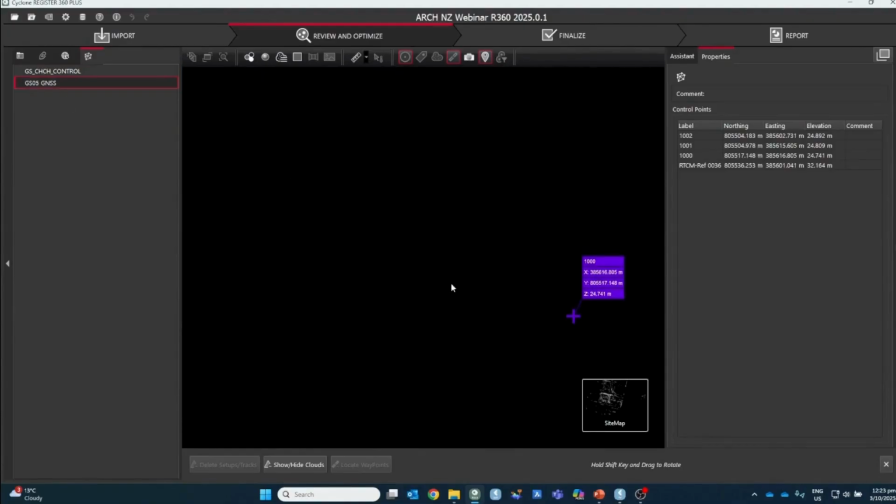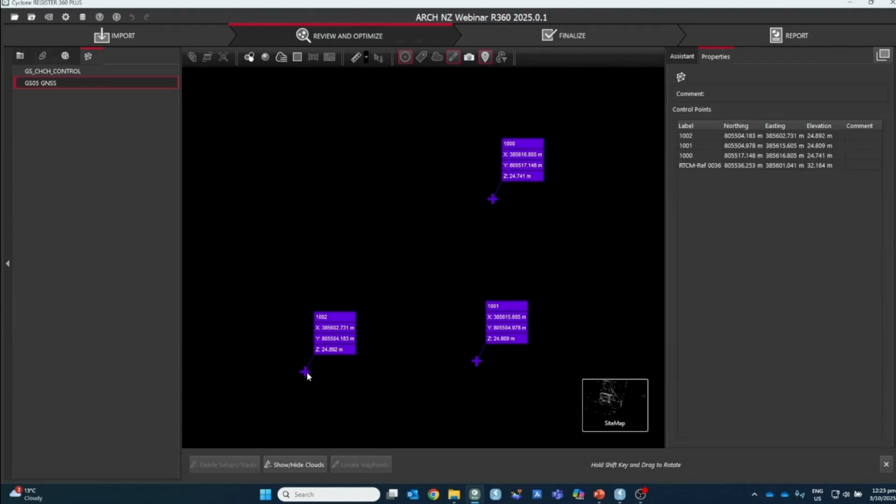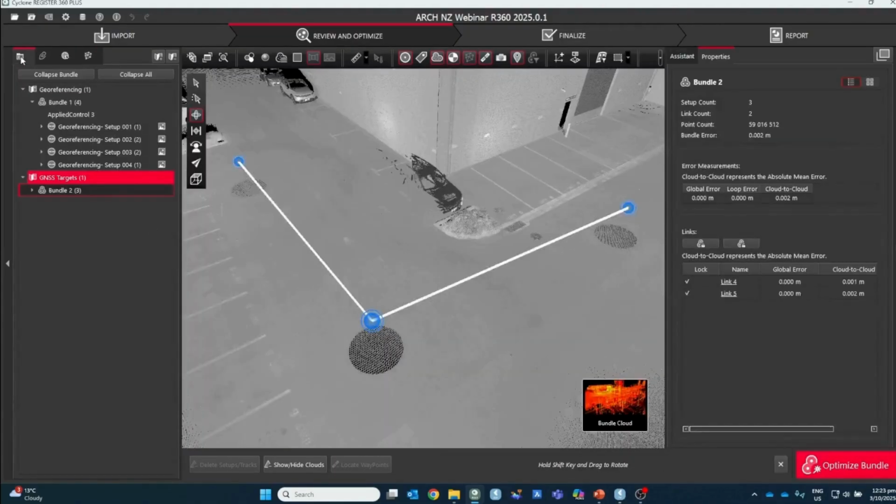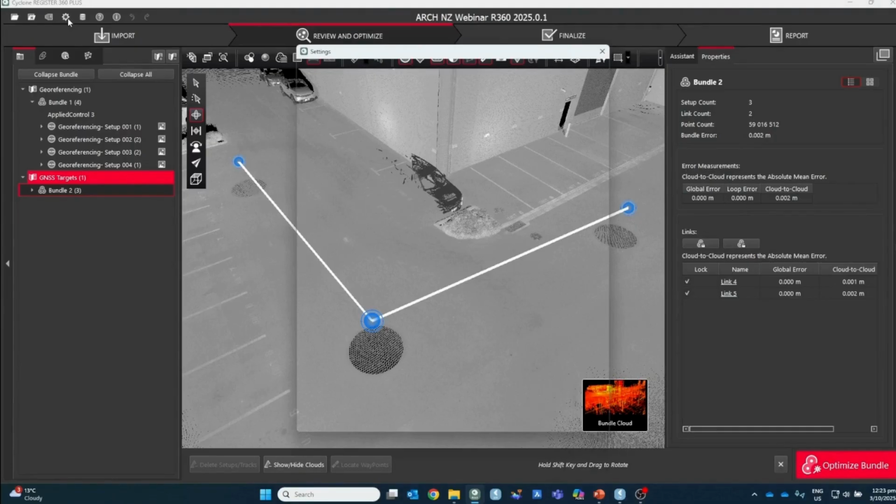I used a GSO5 attached to the top of the scanner. And there are my 3 scanner positions. As I entered the correct antenna height on the GPS receiver in the field, I don't have to worry about instrument height. So it's all reduced to the scanner vertex or scanner center. So in here, there's a couple of ways to apply a target at the scan position. I could have done it at import. So under my general settings,